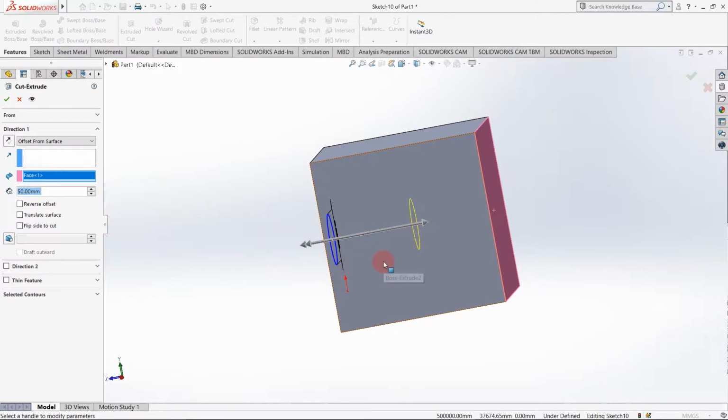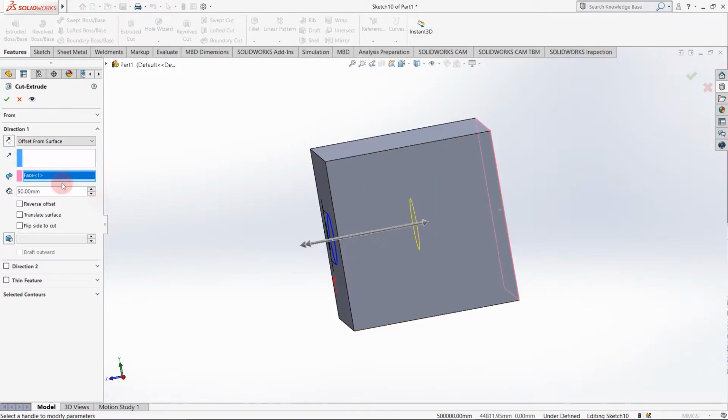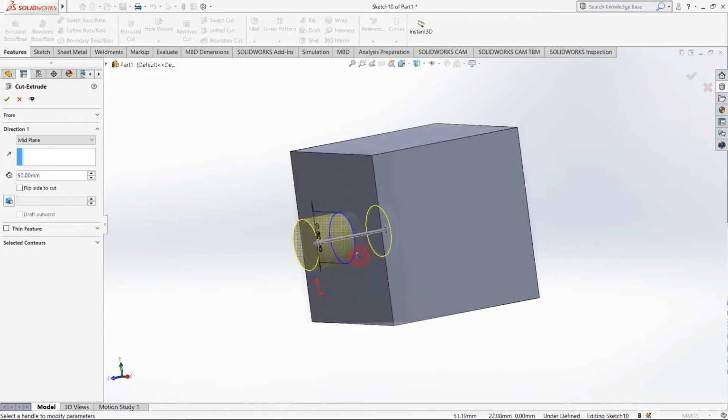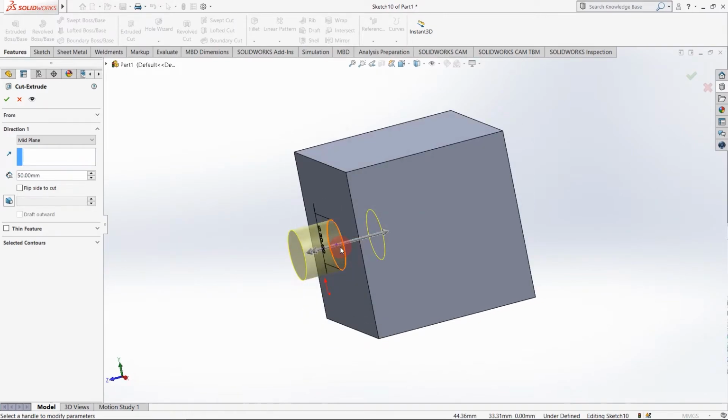As you can see in the preview, the hole is up to 50 mm from this surface. Next option is mid plane. Mid plane means the hole will be on both sides. The hole has equal dimension on both sides, say 50 mm, so the hole will be 25 mm on the right and 25 mm on the left.